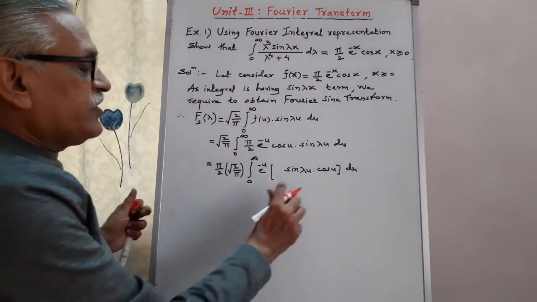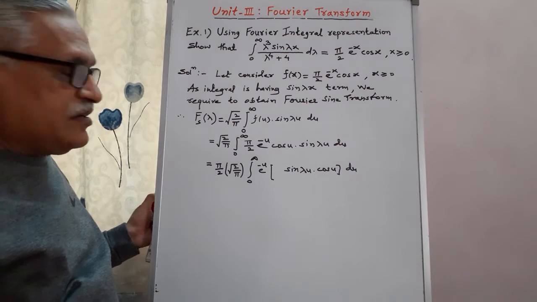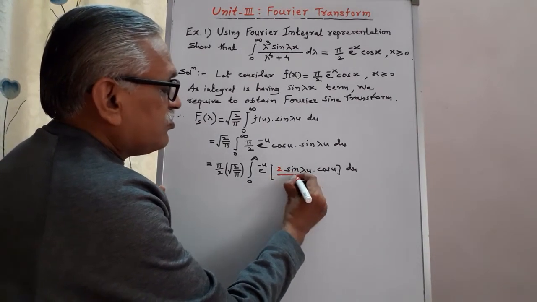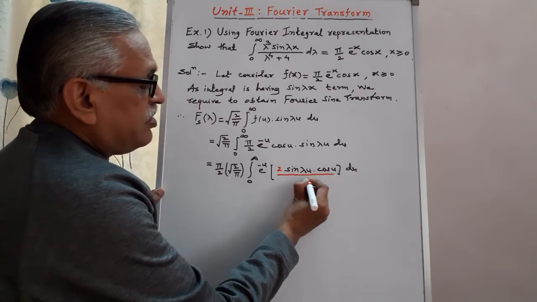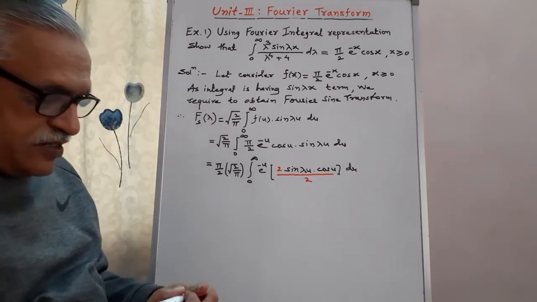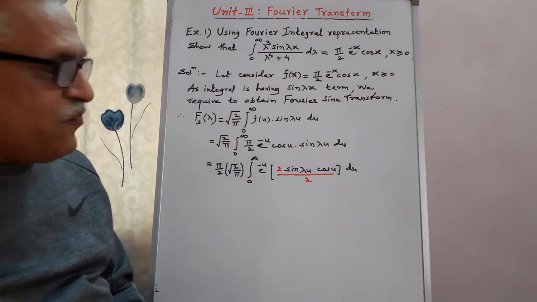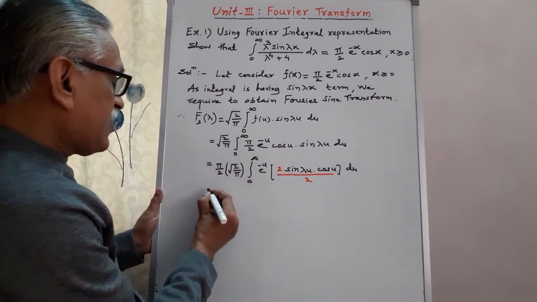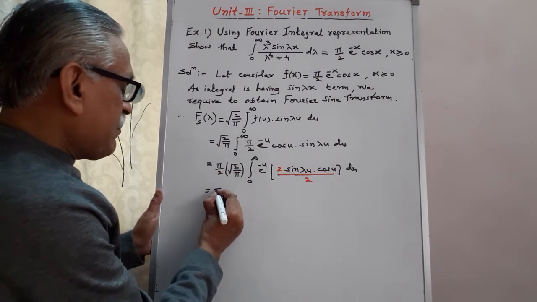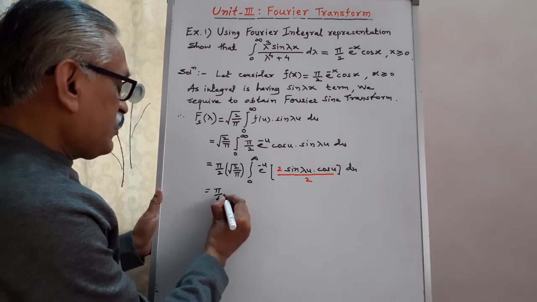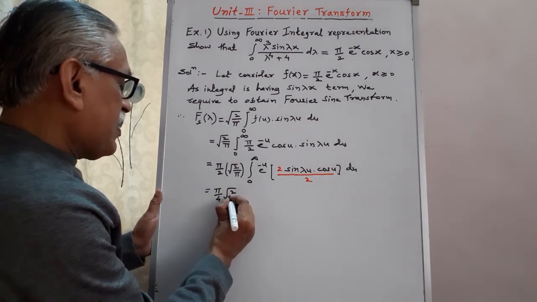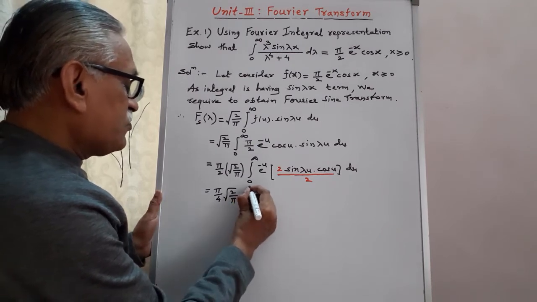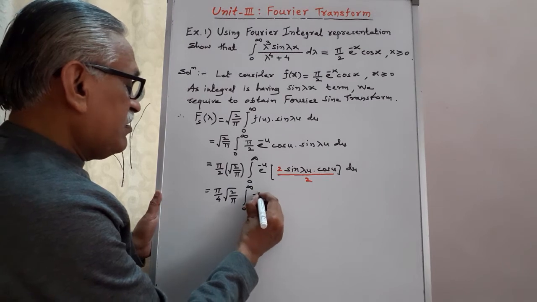Therefore, we try to convert this product into a sum. For that, we multiply it by 2 and divide by 2, so that there is no change in the value, only the form I am changing. This 2 we can take outside. Therefore, it becomes pi by 4 into root of 2 by pi, integration from 0 to infinity